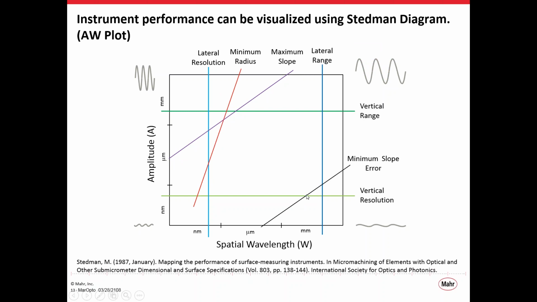So there we go. This minimum slope error: if you've got a stage that, as you're moving the stage along, has some error in the height of the stage, say the flatness of the stage, then you're not going to be able to measure slopes, or slope deviations in some cases, that are within the error of that stage. For some instruments it's slope, for some instruments it's slope deviation. So I'm within the slope stage, let's put it that way.